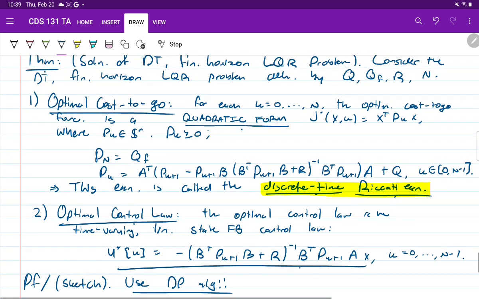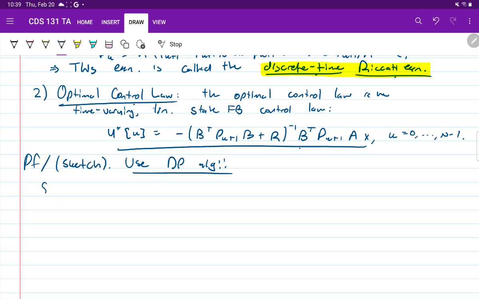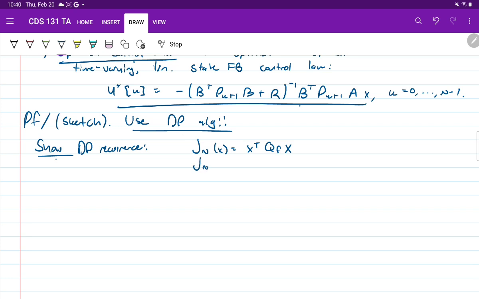So if we want to show that our optimal cost to go at each time step k is going to be x transpose Pk times x, where the Pk have this form, then we could solve the DP recurrence, or rather show that the DP recurrence, which starts with JN of x equals x transpose Qf x, as we established before, and then Jk of x equals the infimum over u of x transpose Qx plus u transpose Ru plus J at time k plus 1 of Ax plus Bu,